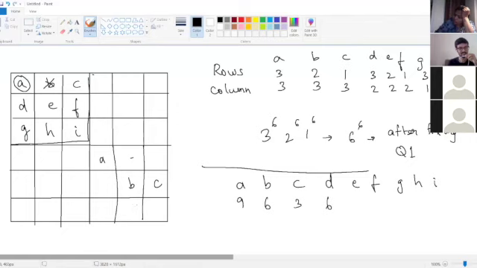D, it has now 6 options. No, D should have 4, no? 1, 2, 3, 4. Basically, it's not straightforward, right? But D can be anywhere, no? No, if D is here, you will have a problem here. Right, yeah, correct. The same goes for column, row and column. Yes, horizontal and vertical. So D will have 4.